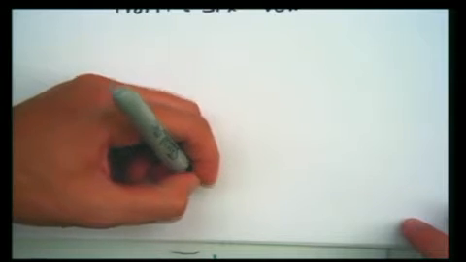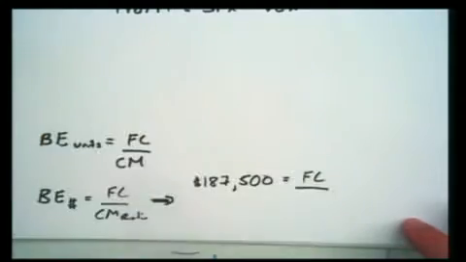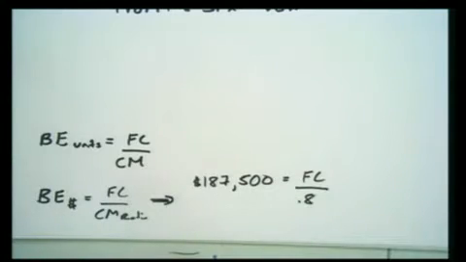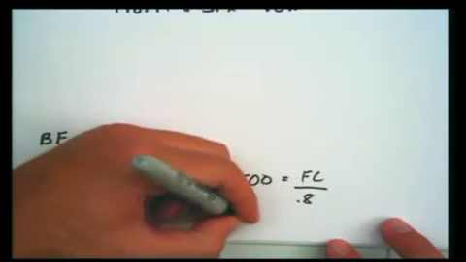Either way, turns out we can use the information implicit in this, can't we? We go, okay, break-even in dollars is $187,500. That is equal to the fixed costs over what CM ratio, guys? 0.8. You guys see the trick here? That's rude, right? They left out so much information. The thing that should really jump off the page normally is that we'd at least have some sort of fixed costs, but we don't. But that's okay. If we take the 187,500 times the 0.8, we get what? Turns out 150,000